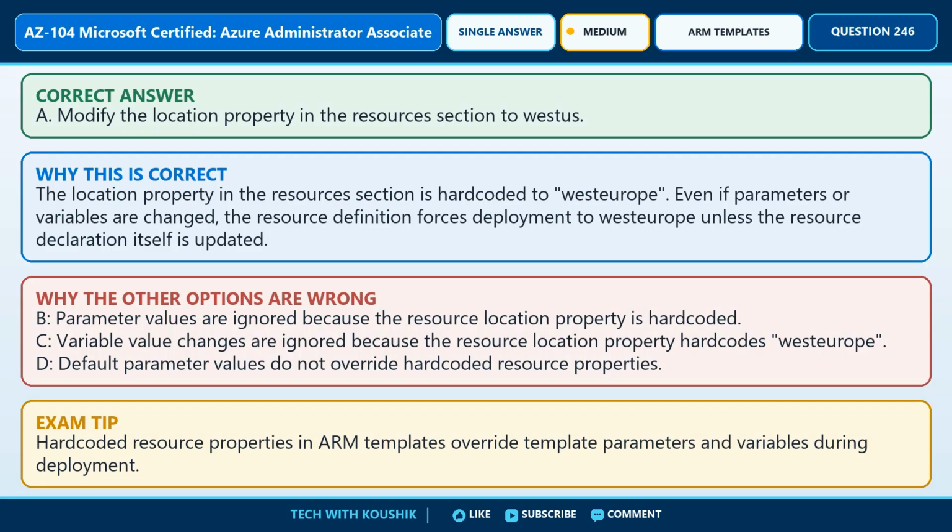The required response is option A. Modify the location property in the resources section to WESTIS. The location property in the resources section is hard-coded to West Europe. Even if parameters or variables are changed, the resource definition forces deployment to West Europe unless the resource declaration itself